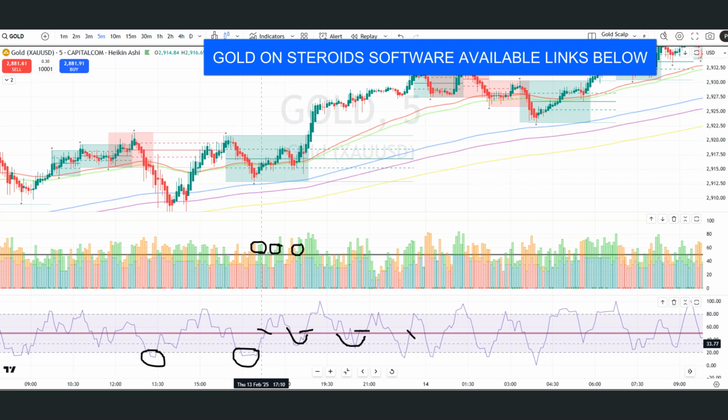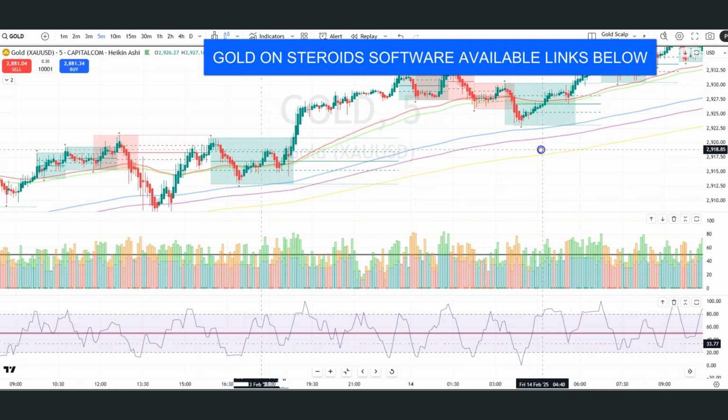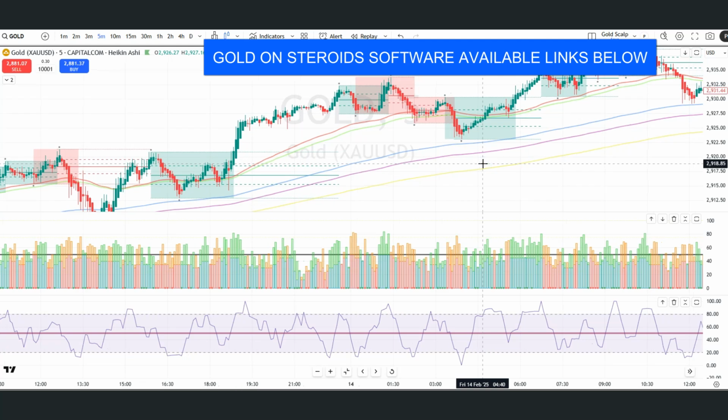Now of course it's going to run out of steam eventually, and in fact in this area here you can see there's mixed signals, so the price is highly likely to fall down a little bit, and it did. So once it goes green again, then you have your buying opportunity. Green means buy and red means sell, and so once it goes green you can say, right, okay, the market's coming back in,